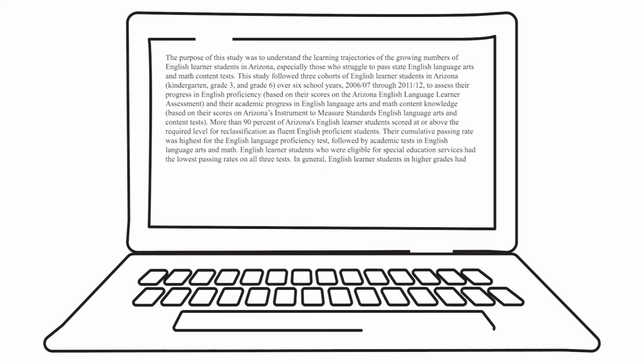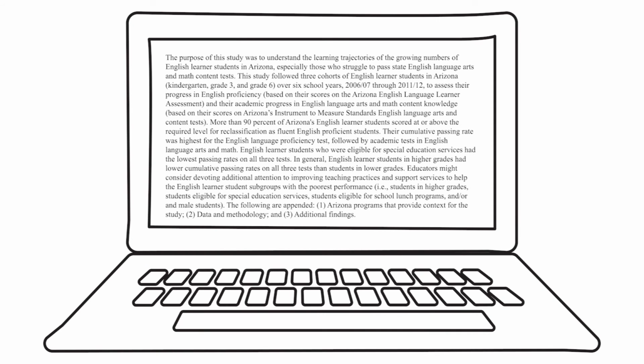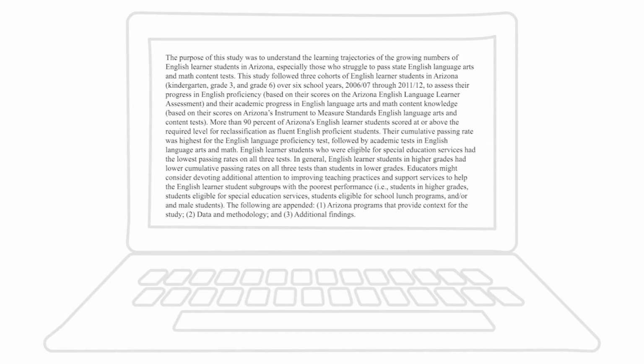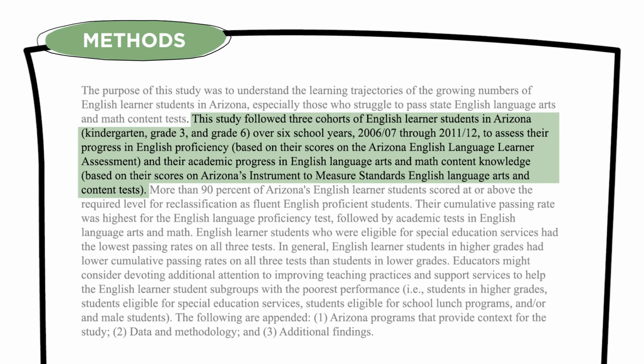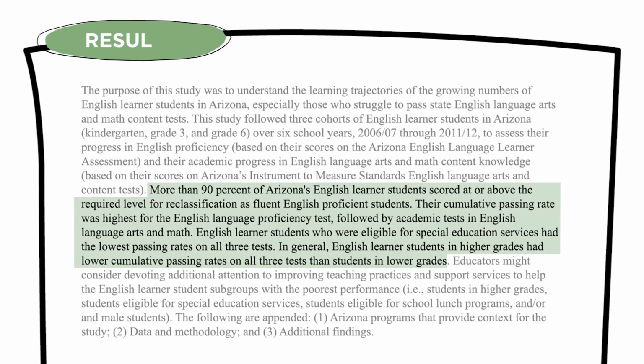Here is a sample abstract that provides a comprehensive but concisely written synopsis of the content, while adhering to the guidelines outlined in this video. The paragraph begins by explaining the purpose of the study. Next comes methods, which in this example explains the sample size, demographics, controls, condition, and details of sampling techniques. The results, shown next,